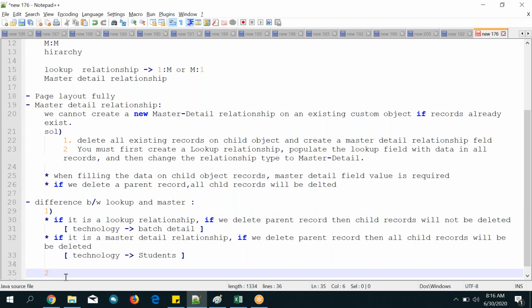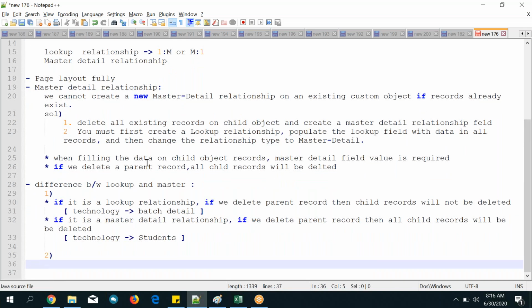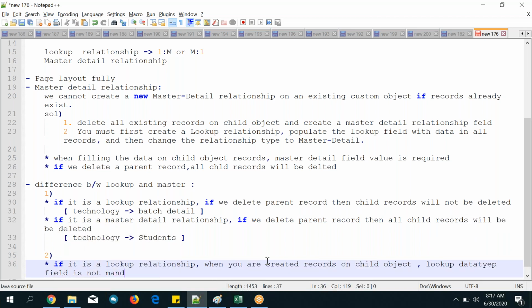And what is the second point? If it is a lookup relationship, when you are creating records on the child object, the lookup data type field is not mandatory or required by default.